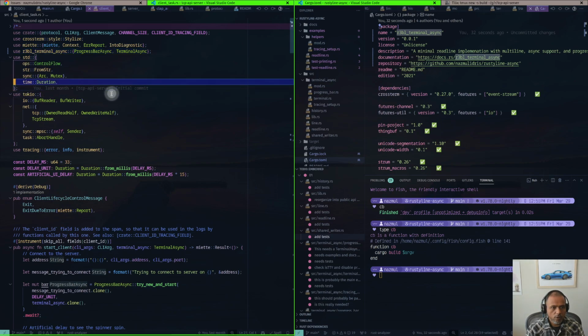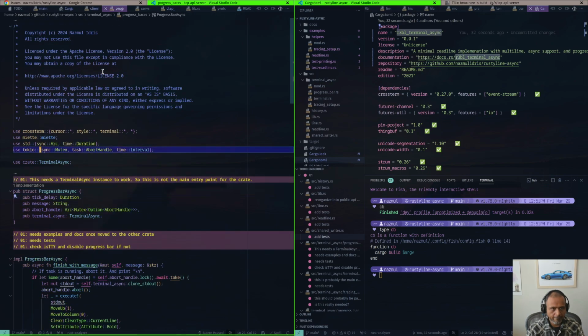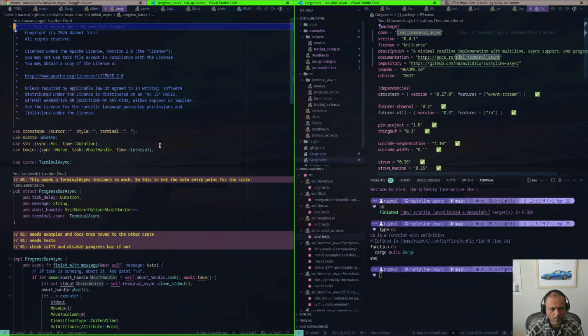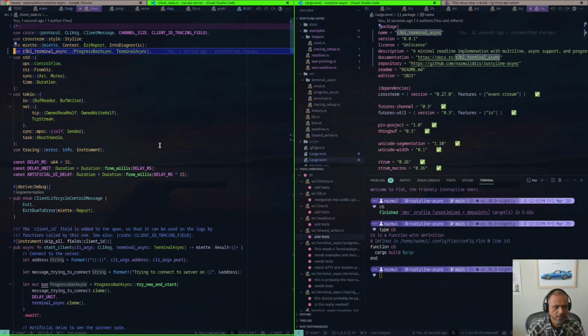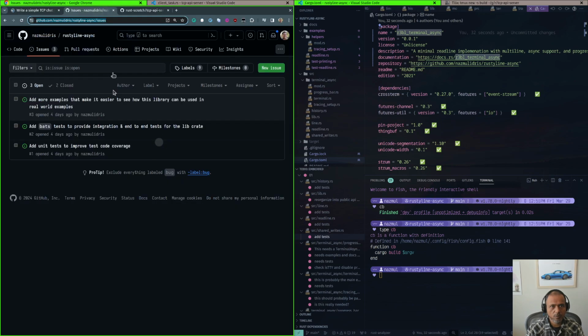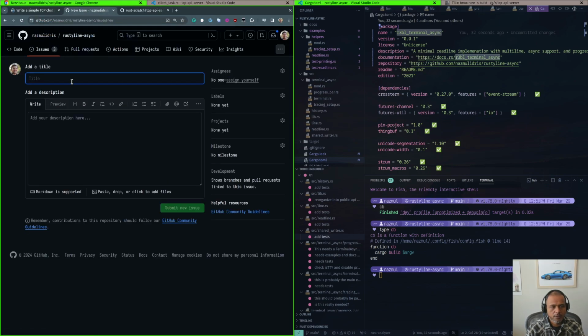So let's see, and then we have more. I have other things I want to do with the progress bar. Right now, if the terminal is not interactive, like if you're piping standard in and standard out, then it will still display the progress bar, and we don't want that. I might actually make an issue out of it while we're here. Say add support to progress bar async to detect is TTY and disable itself